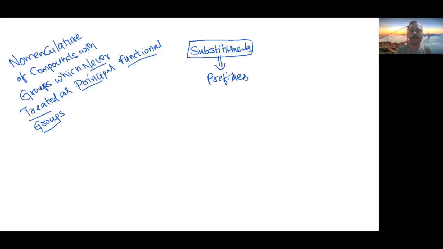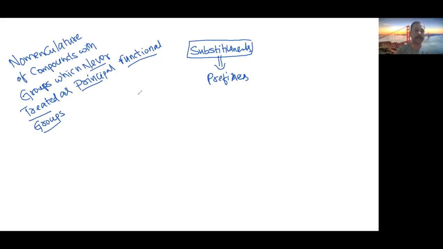If I treat the same thing as a substituent, it will be in the prefix. The same thing as a functional group will be treated as a suffix. So the writing place itself will be different. Therefore, it is very necessary to go through this topic, because when their place changes, the entire name changes. Okay, so let's start one by one.